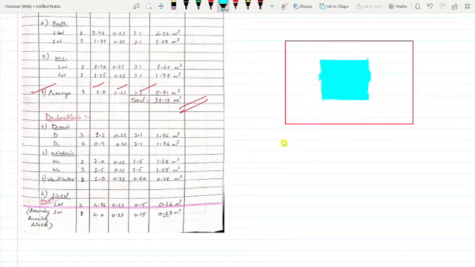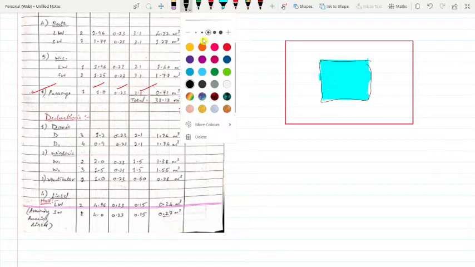Then we have to deduct that portion, right? We are not going to put any brick masonry over there, so we will deduct this portion. That is the meaning.